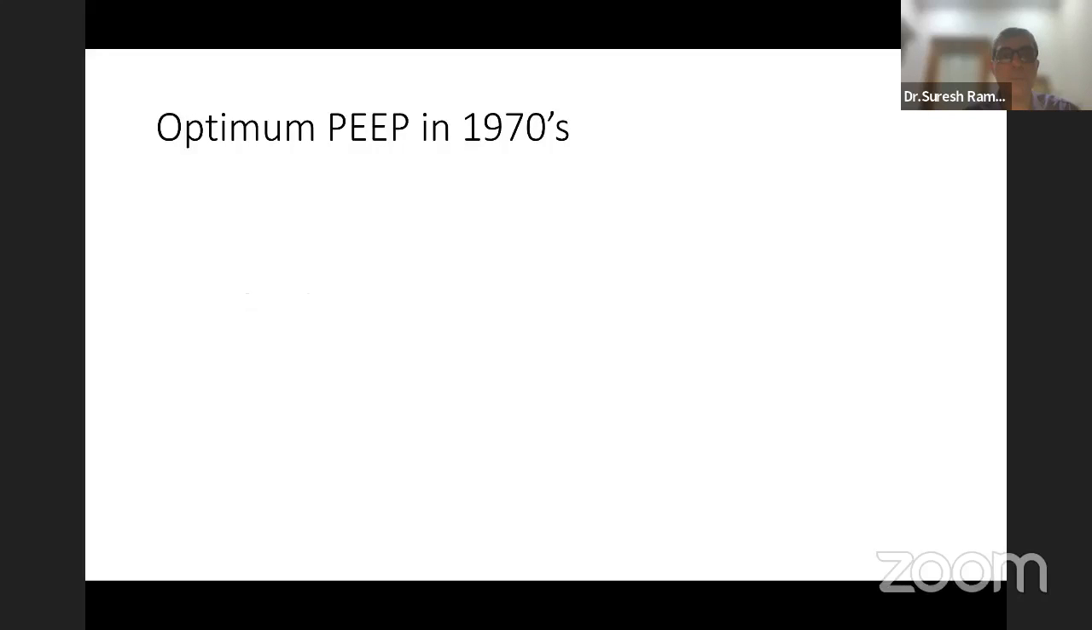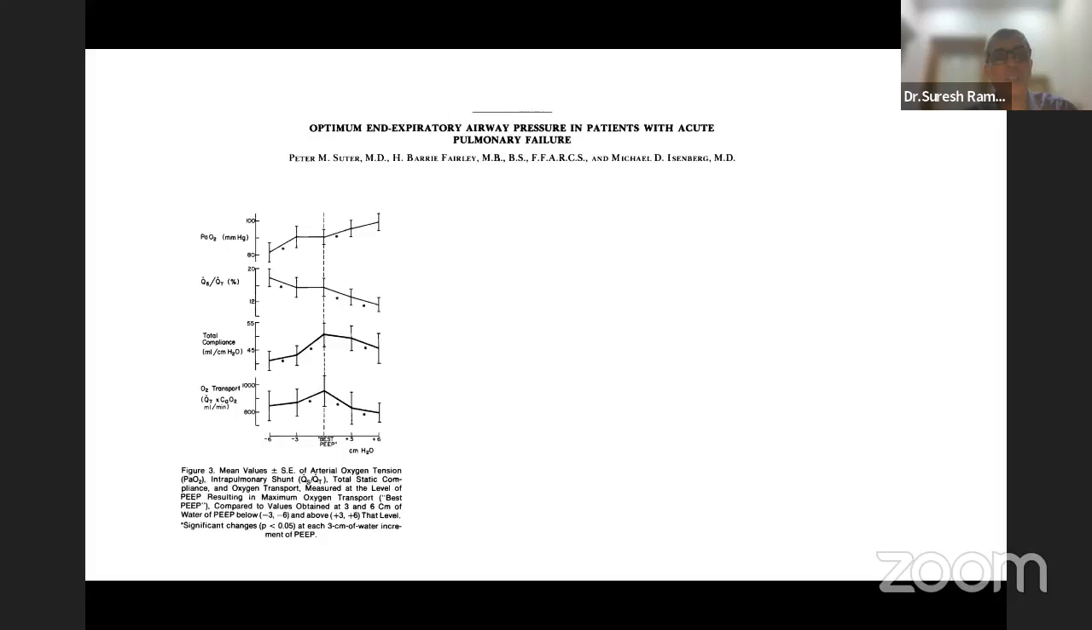this discussion about what is an optimum PEEP in the 1970s. So the optimum PEEP in the 1970s was identified by Peter Suter and colleagues by looking at the PaO2, shunt fraction, compliance, and oxygen transport. And you realize that there is a best PEEP beyond which the oxygenation will continue to improve, but the compliance will go down. That means your total compliance is also going down, and your oxygen transport eventually will go down. That means your SvO2 will start falling, and you will eventually end up doing more harm despite an improvement in